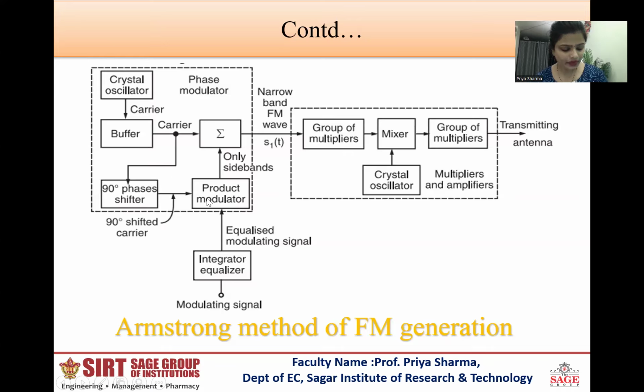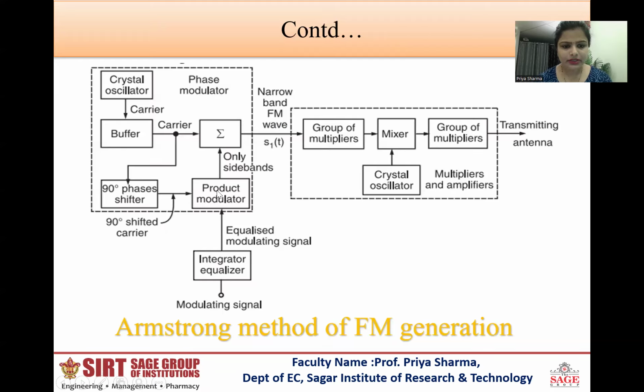Carrier. So, hence the extra deviation in the carrier due to higher modulating frequency is compensated by reducing the amplitude of the high frequency modulating signals. Hence, the frequency deviation at the output of the phase modulator will be effectively proportional only to the modulating voltage, and we obtain an FM wave at the output of the phase modulator.